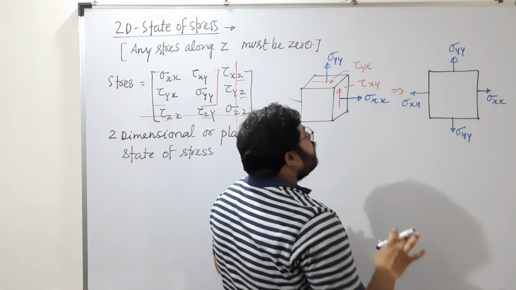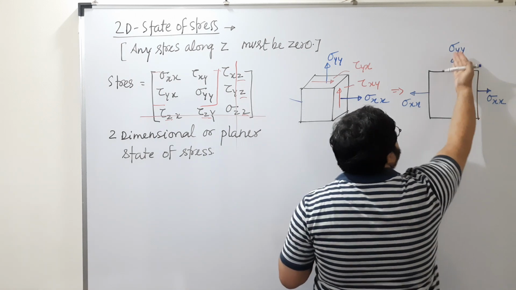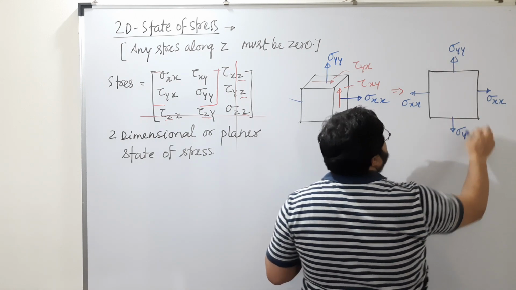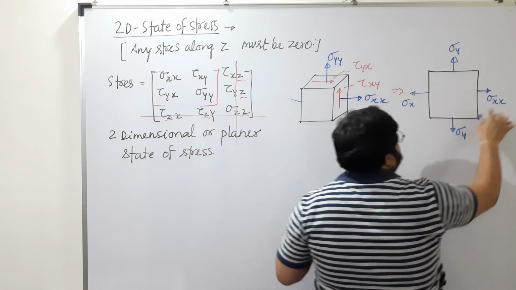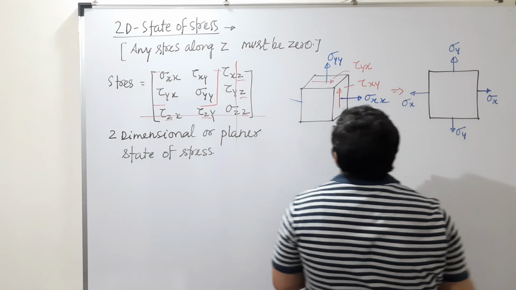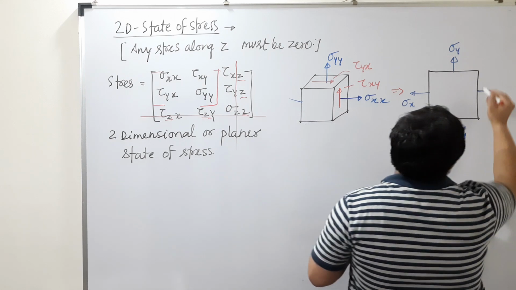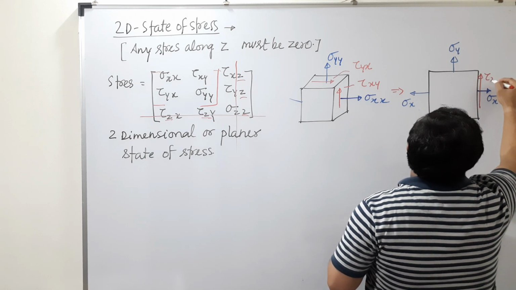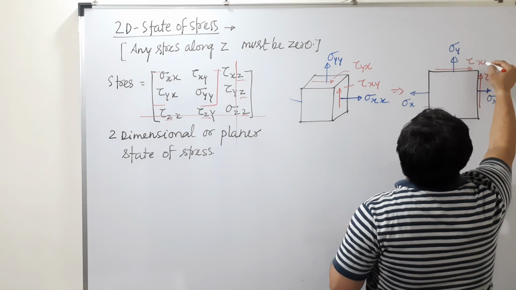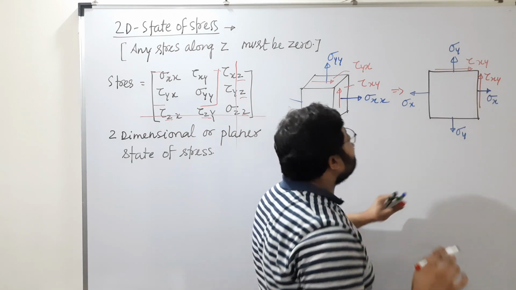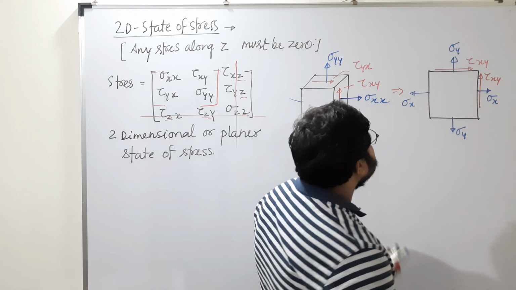But now we need not mention this is two-dimensional. For two-dimensional, no need to write yy again, because sigma y means it is along y, sigma x means it is along x, right? But yes, you need to mention tau xy, and then there will be shear stress. So this will be tau xy and this will be tau xy. Because both are the same, I am writing it the same. Simplified view will be this. This is our state of stress.